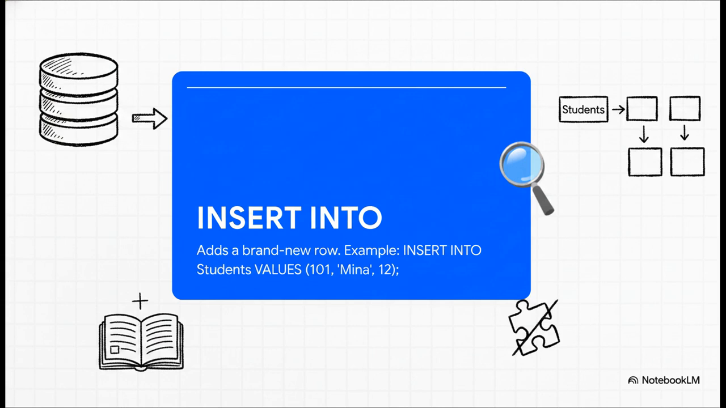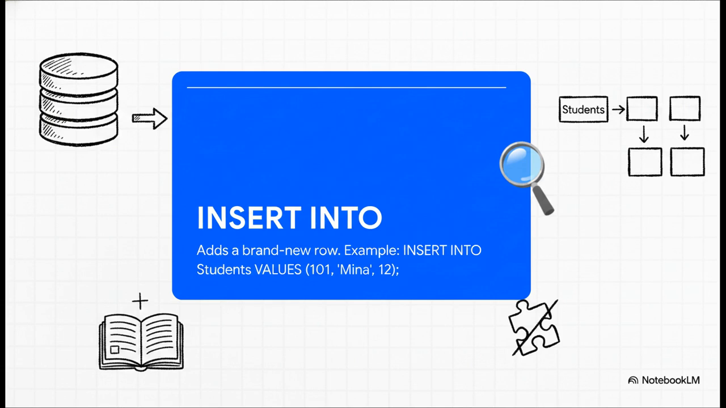Section 1. Adding new rows with insert. To make this really concrete, let's just follow the life cycle of a single piece of data. Imagine our database is for school, and we need to welcome a brand new student into our system. We'd use this exact syntax. Insert into students, then in parentheses, student ID, name, year group, followed by values, and then 101, Mina, and 12. So we explicitly specify the table, students, list the columns, and then provide the exact corresponding values. Boom. This creates a brand new record for Mina, placing her right into the database without altering the actual table